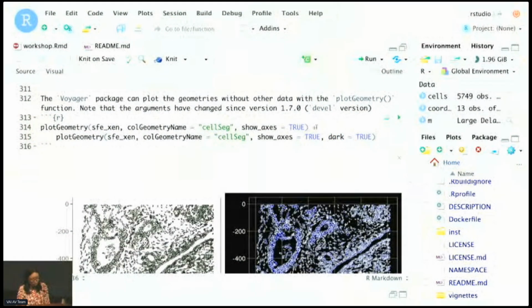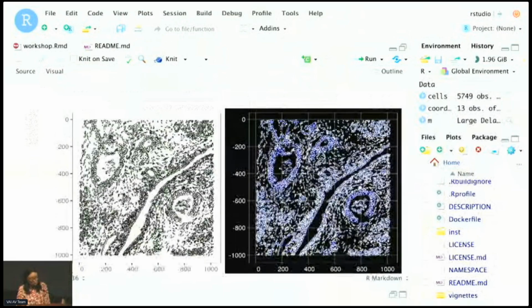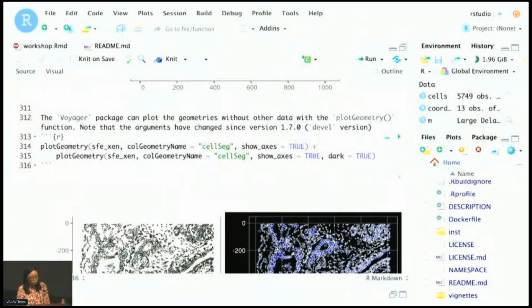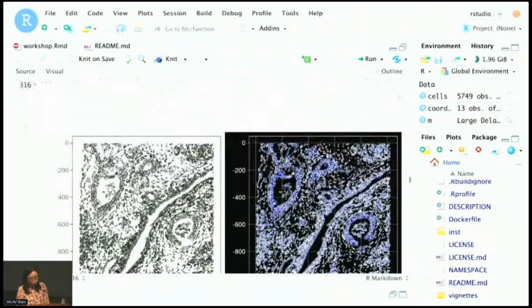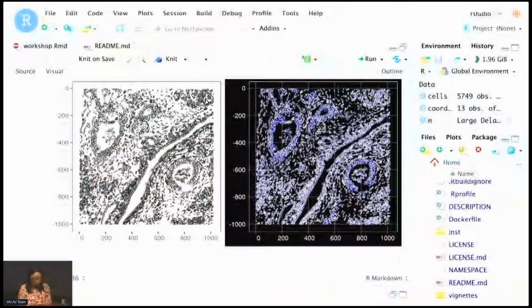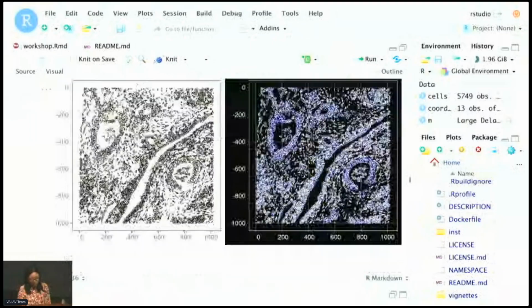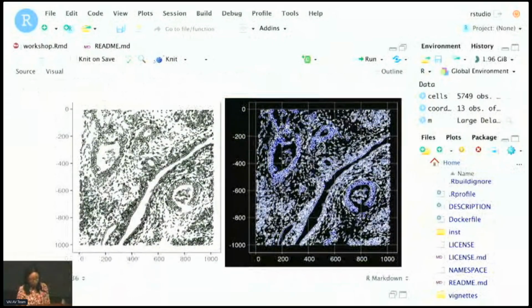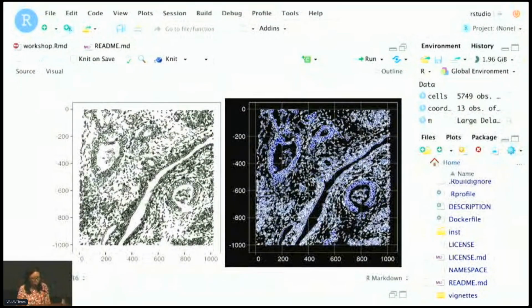And here the plus is from the patchwork package, which can assemble different ggplot plots into a single plot. The dark theme basically has a dark background, but also the default colors for geometries will look better in the dark theme.